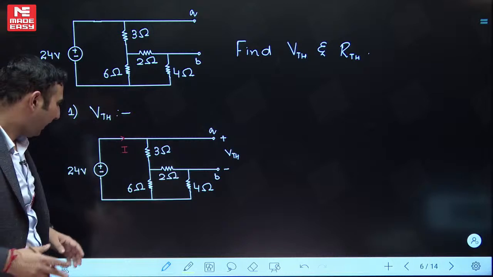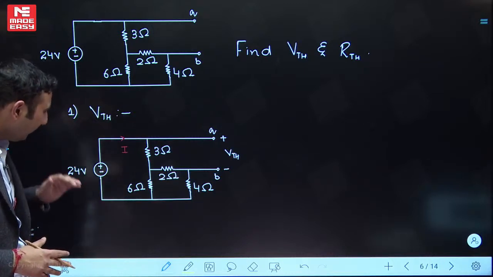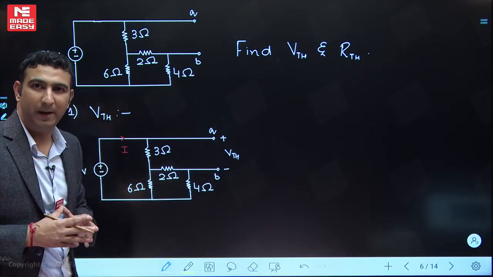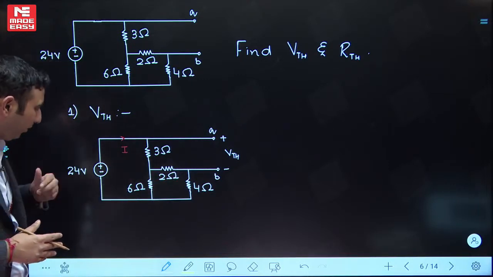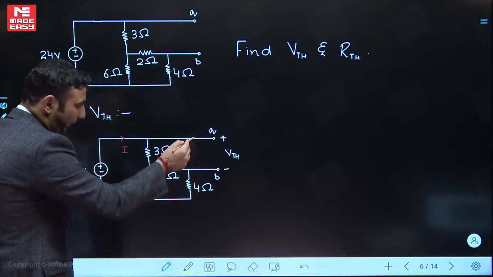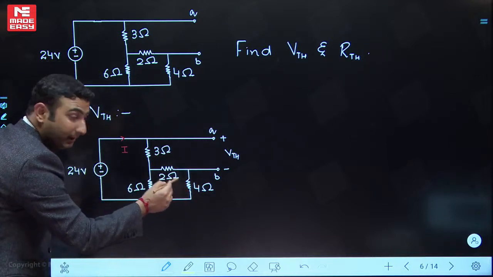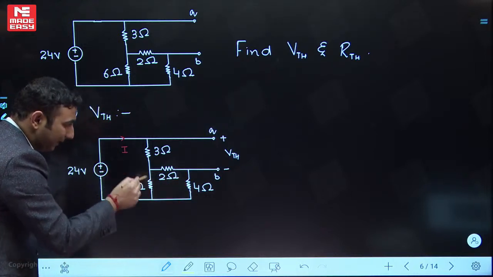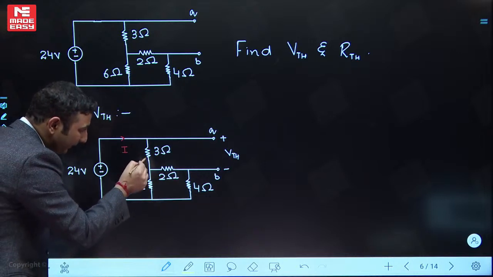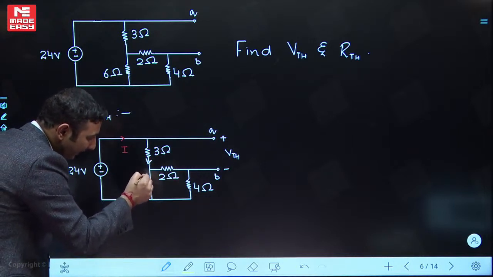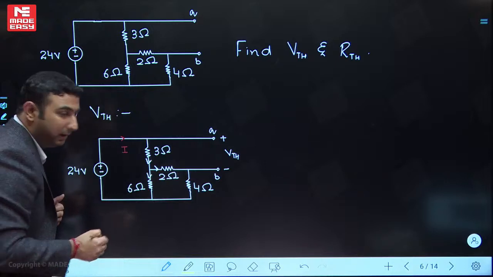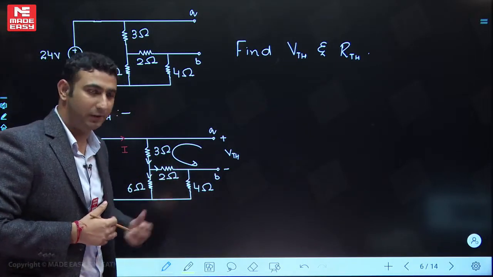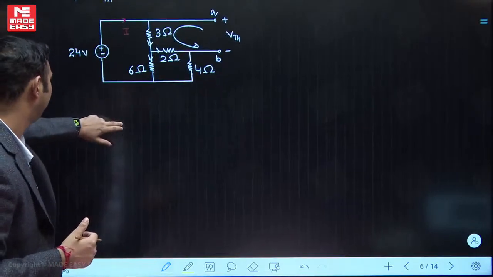Okay. So what I am thinking actually, I'm thinking that if I calculate the current, then I can easily go for the current division to get my answer. So why you are saying so? I'm saying so because open, no current in these two branches. So in series, 2 and 4 in series 6, 6 and 6 in parallel 3, I can easily calculate the current 4. Then when current will reach over here, that will get equally divided between these two branches, and then I can apply the KVL to get my answer. This is the easiest way I can think of right now in this question. So let's go with this.